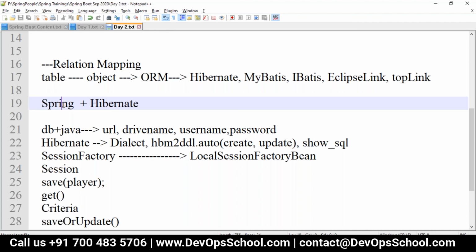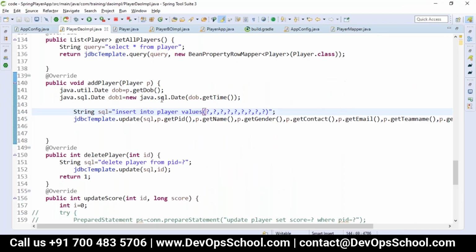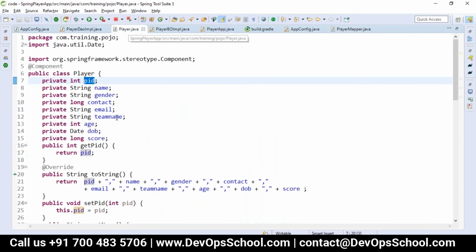You can use the row mapper that you told us to configure the relations manually also, right? That manually we have to do. But here the ORM will take care of that relation mapping. Because when I create a table, according to the table I have to create my Java classes, and in the same way I have to take care of it. But if it's a simple table, fine. But if I have some relationship,